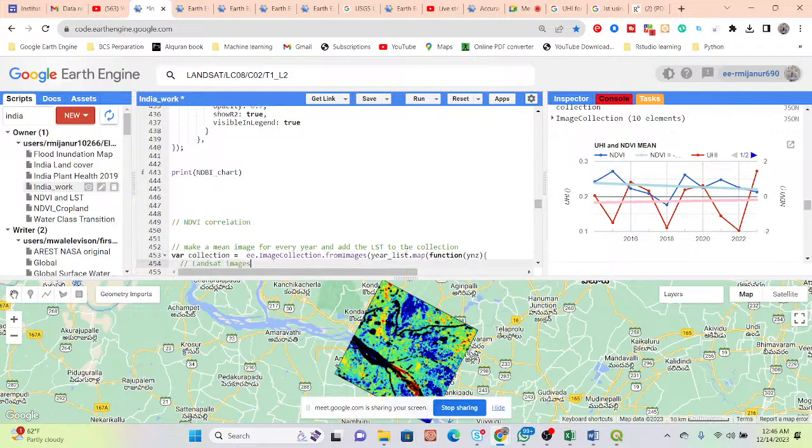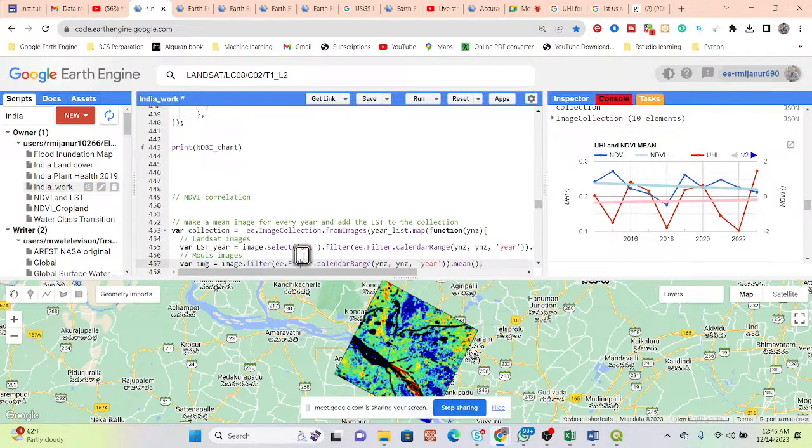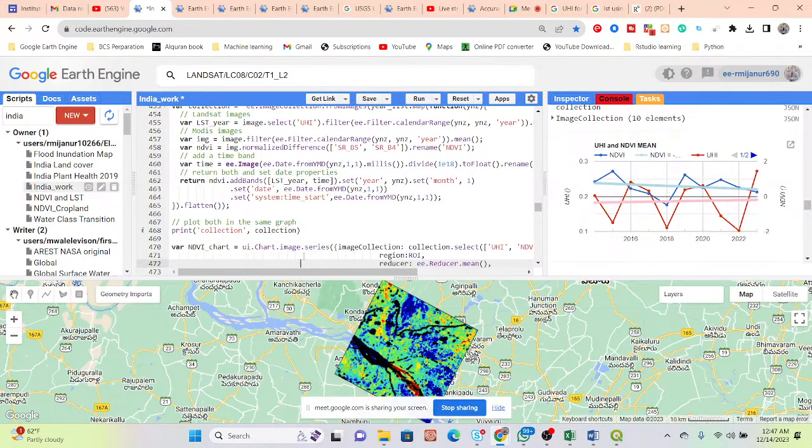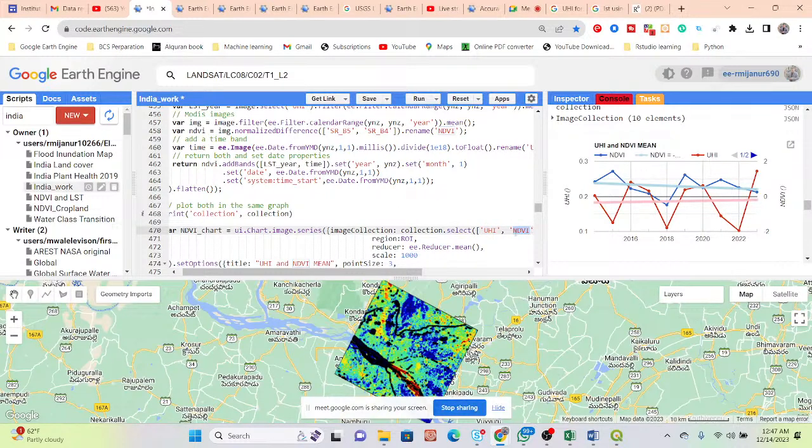So you can see the NDBI correlation. I will write the comment in here. Just put here that it is for LST. When you need the LST, put the LST here, and then for the chart, put the UHI and LST and NDVI. At this time we need the urban heat island, so put here the